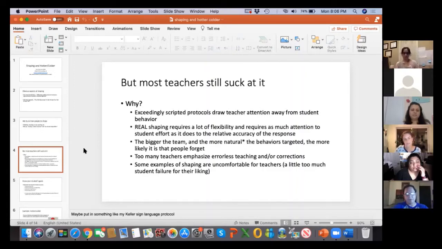And the scripts have such control over their behavior, especially if they had a relatively brief course in how to become an RBT. Then they look at that and say, okay, put the array, have red in the middle, and say touch red, as just an example. And so the student is just kind of waiting for them to be ready to present the SD, and then hopefully they give some feedback about whether the student was right or not. And then they take their data point and go on to the next trial. That just takes too much attention away from, does the student look interested in trying, right?